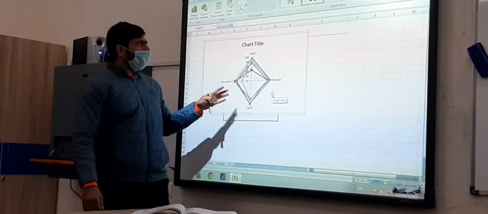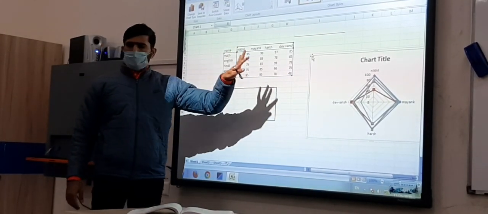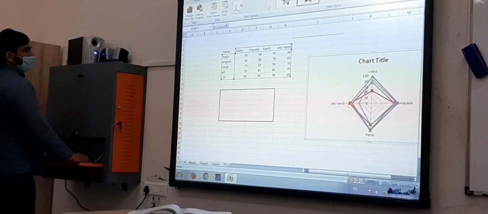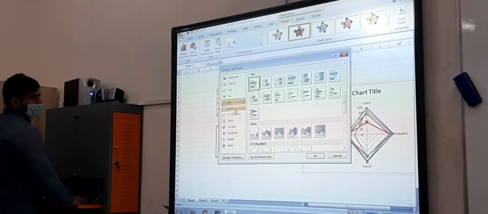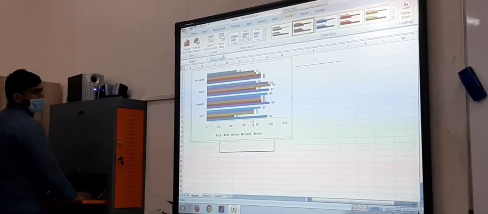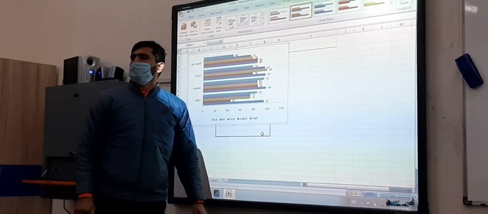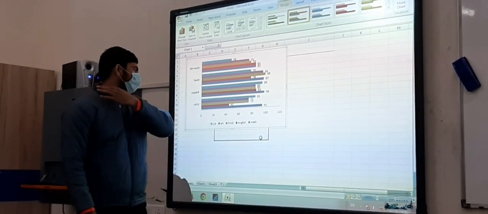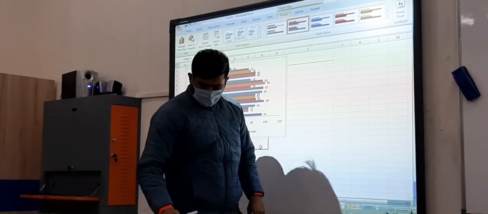Okay. So if we are talking about numbers, then this one is okay for the bar chart. Next, one more is there, that is called the bar chart and the column chart. So here you can find out who scored well if we are comparing all subjects. There is a 99, 96, 97. Okay. So this is the work of the chart.